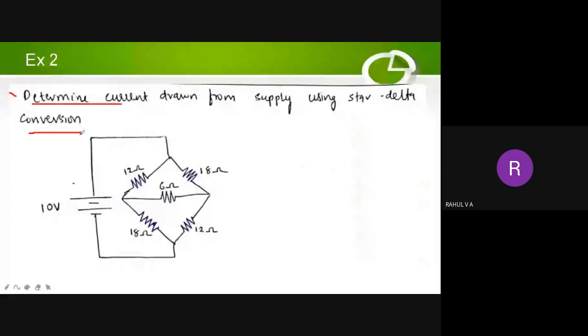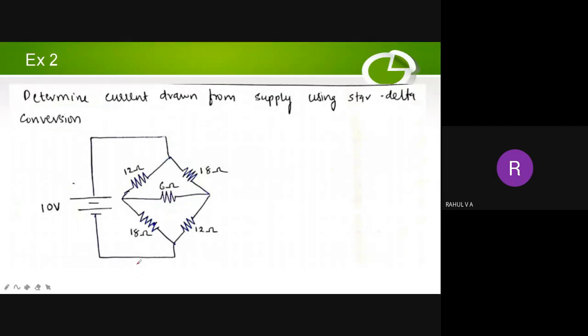They have given voltage and also a resistor network. If you consider this resistor network, none of the resistors are in series and none of the resistors are in parallel. You can't say that these two resistors are in parallel with this resistor because the connection there is a connection at the middle of this combination. Here also you can't say that these two resistors are parallel with the 6 ohm resistor because in the middle you have another connection. So this one you have to convert into star or delta depending on the connections given.